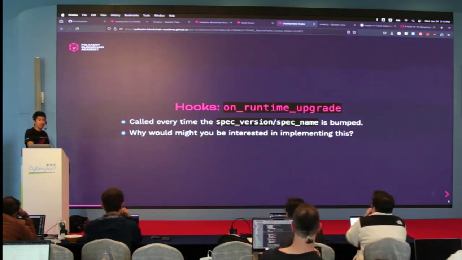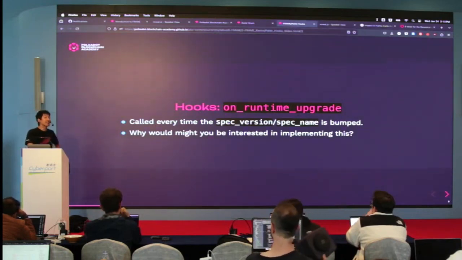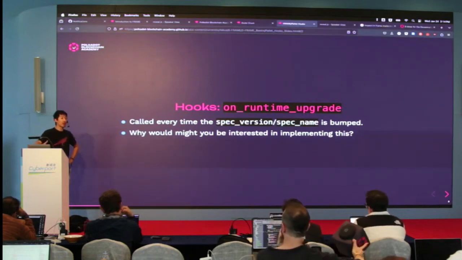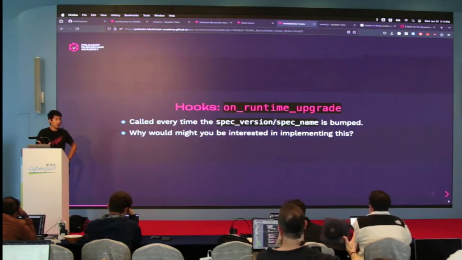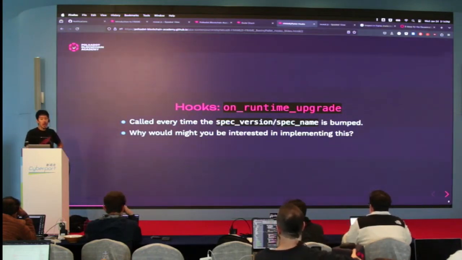Maybe like data migration. Data migration, that's a perfect example. Data migration, or even data initialization. Maybe you have a blockchain that's already running for a while. You add a new pallet, but you need to initialize it, right? So these are both great use cases for why you might do the on